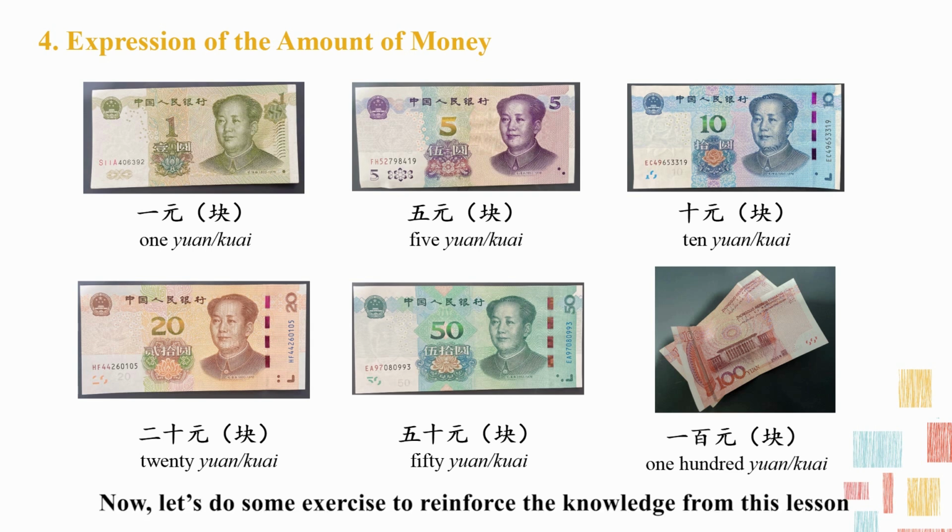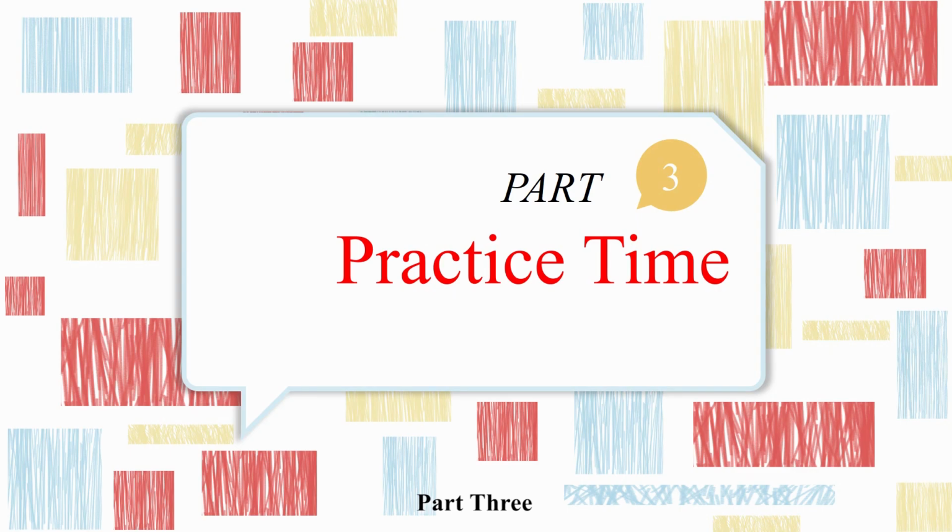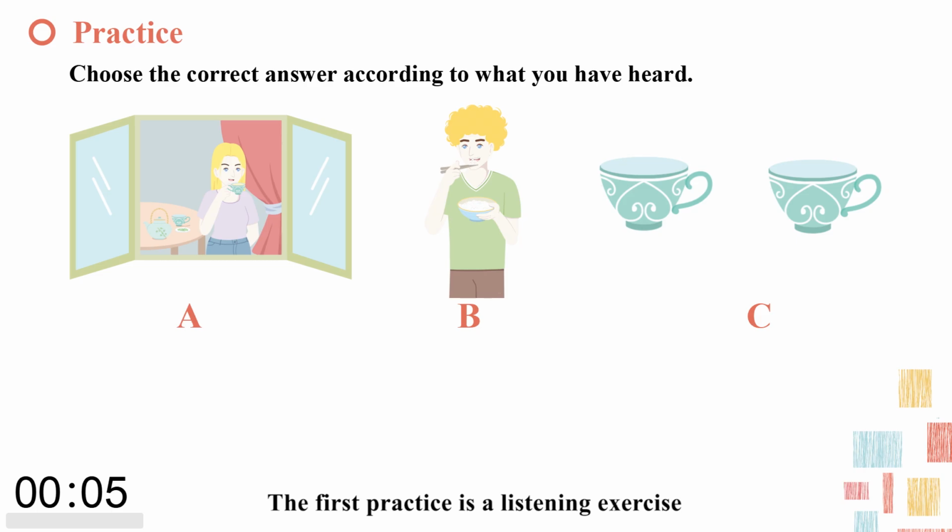Now, let's do some exercise to reinforce the knowledge from this lesson. Part 3. Practice. The first practice is a listening exercise. You will hear a sentence and a question. Please choose the correct answer according to what you have heard. You have 5 seconds to choose. 他想喝茶。 他想喝什么？